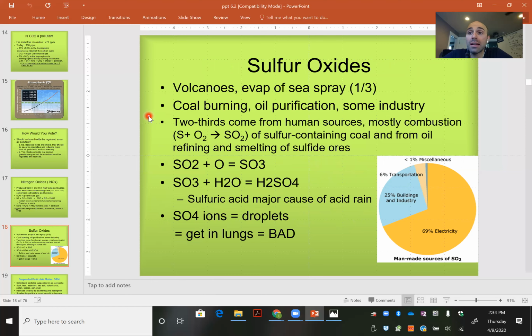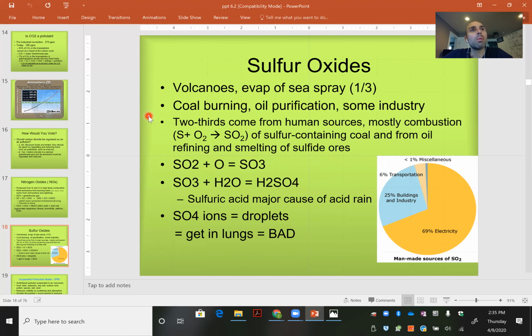Now, just like carbon oxides, just like nitrogen oxides, they are naturally occurring as well as man-made or anthropogenic. They can come from volcanoes, evaporation of sea spray, or they can also come from coal burning power plants, oil purification, industry. Two thirds come from human sources, come from mostly combustion reactions, sulfur combining with diatomic oxygen,